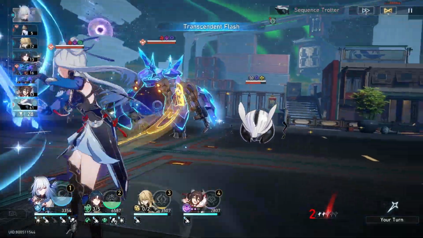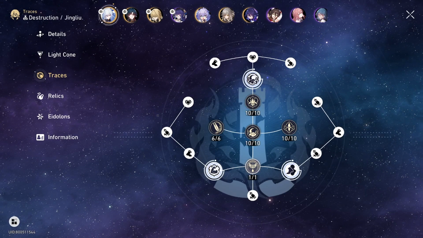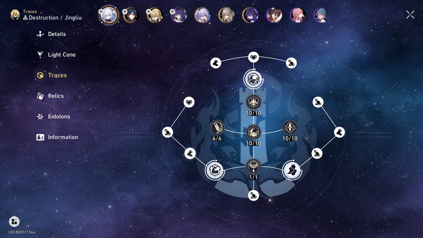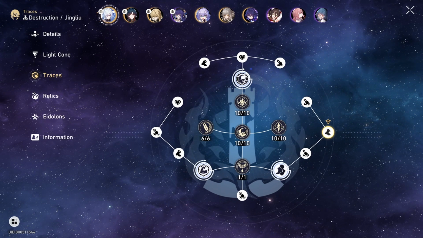So just as a brief rundown of her skills and everything like that, let's go ahead and talk about her traces. Honestly, you should be aiming for just about all of her traces, guys. I mean, the HP you could probably skip on as far as small nodes go, but as far as these other nodes go, you get a lot of crit damage. I think you get around like 50% crit damage from her nodes here,